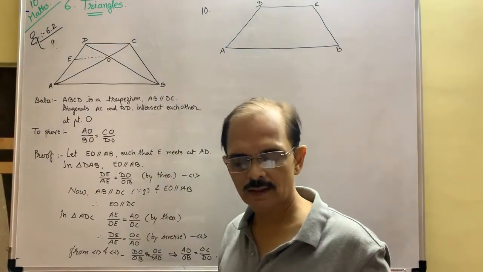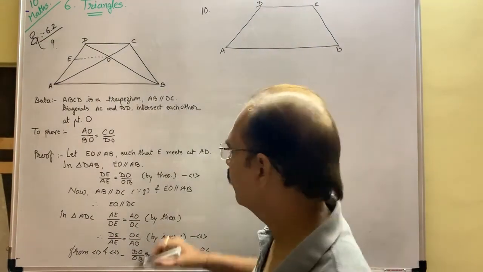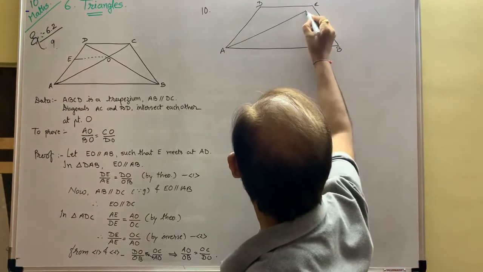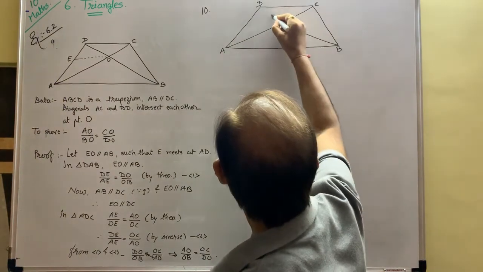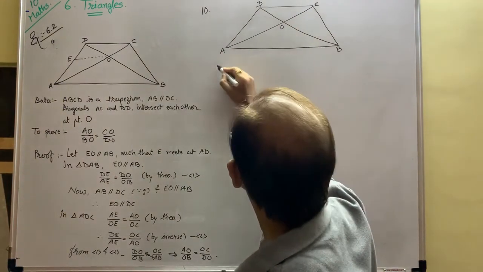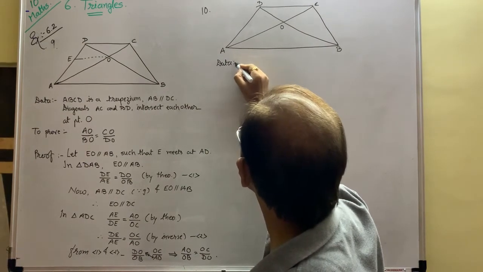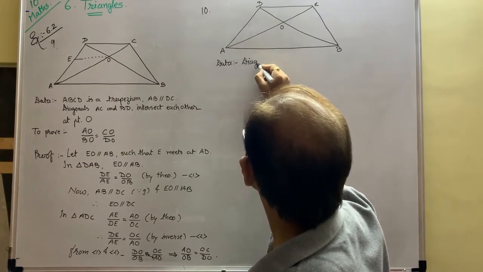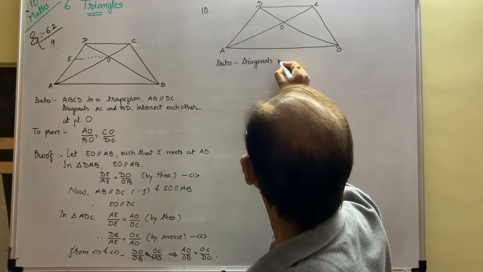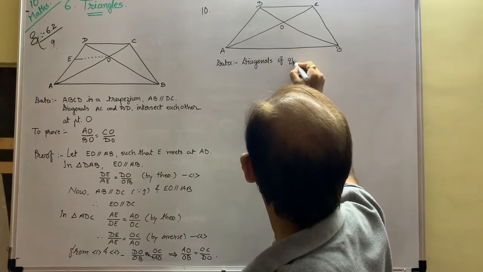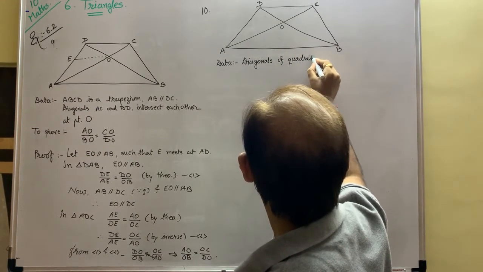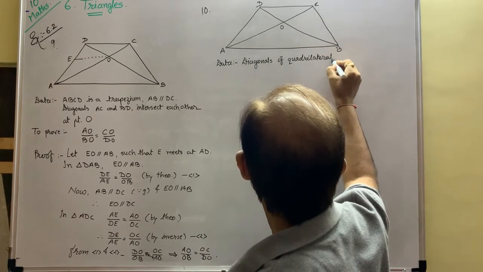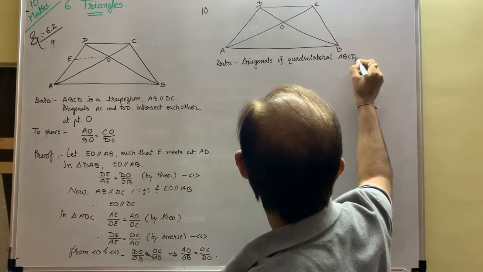Diagonals of a quadrilateral ABCD intersect each other at point O. What is the data? Diagonals of quadrilateral ABCD